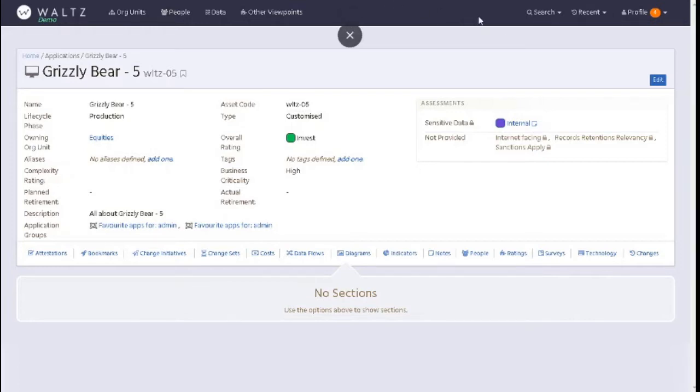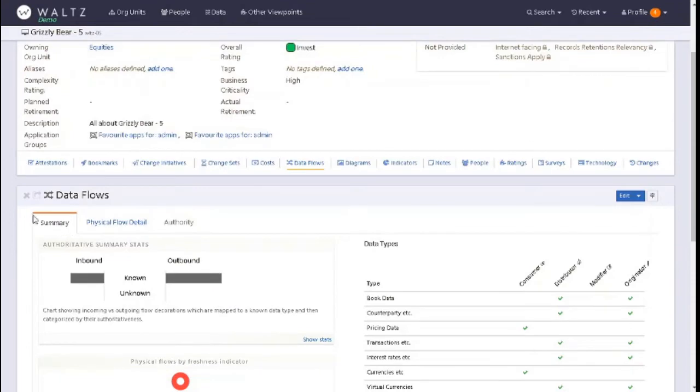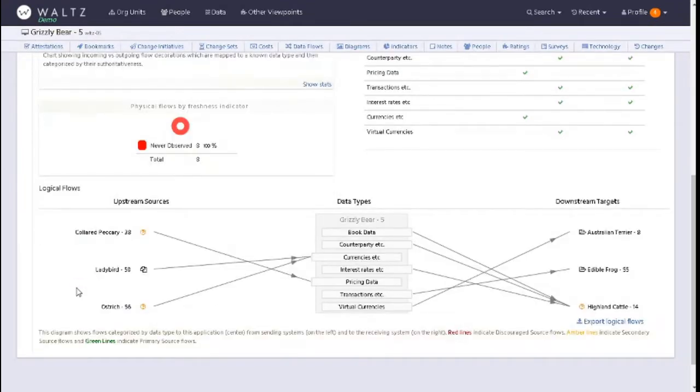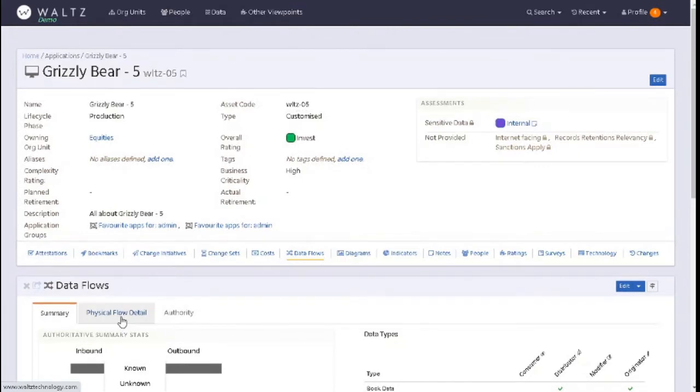Again, you click here to search your application. In this instance we're looking at Grizzly Bear for the demonstration. You'll click on data flows, and what you'll see here is your summary, which is your logical data flows, which I've discussed in a previous video, and additionally we'll see the physical flow detail. To look at the physical flow information, we need to click on physical flow detail